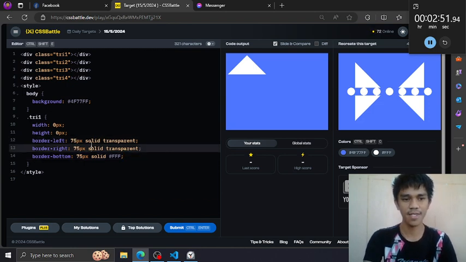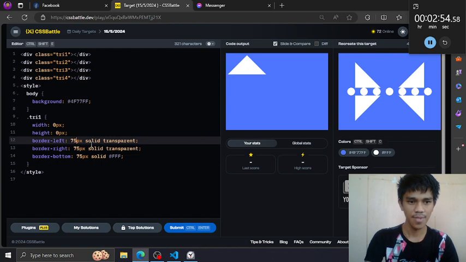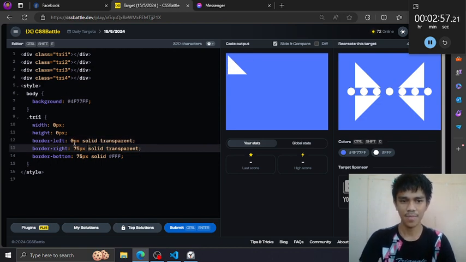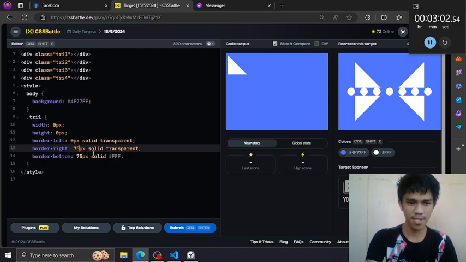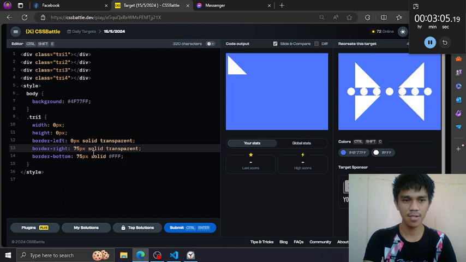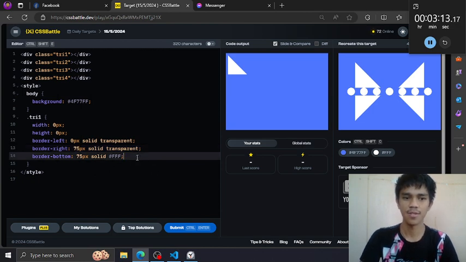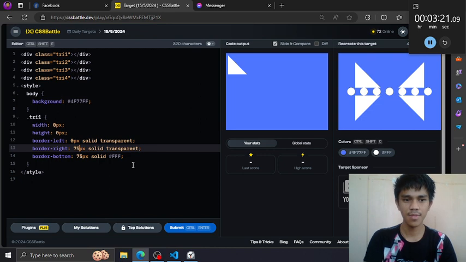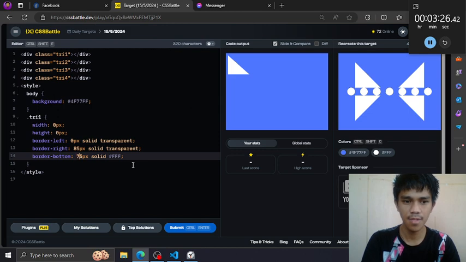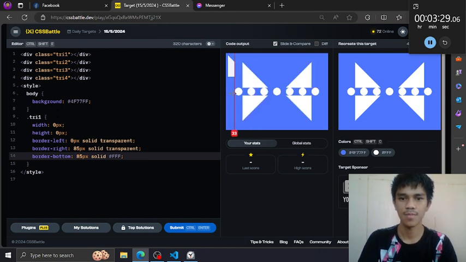So let's make the left side perpendicular, like that. Let's make this 0. As you notice, if I make the right side also 0, the rectangle would not be existing, because it has no side at all. So yes, this is the right triangle, and let's make this 75 bigger. Let's say 85, maybe 100.